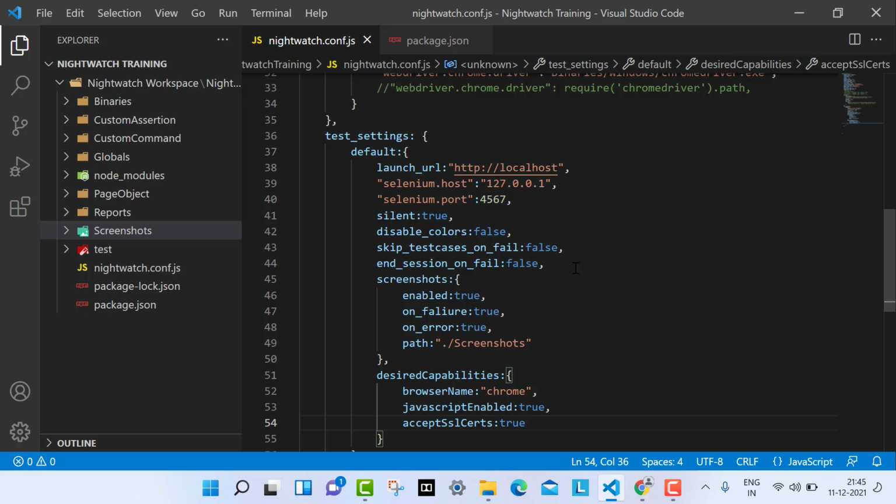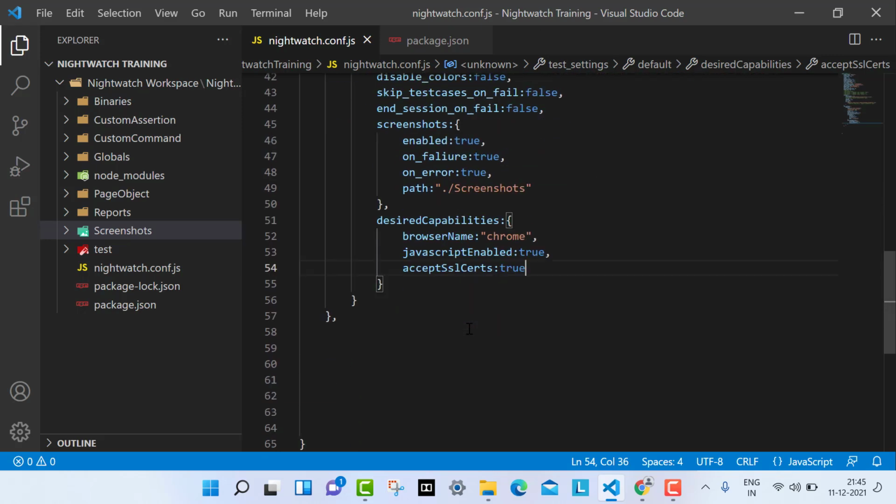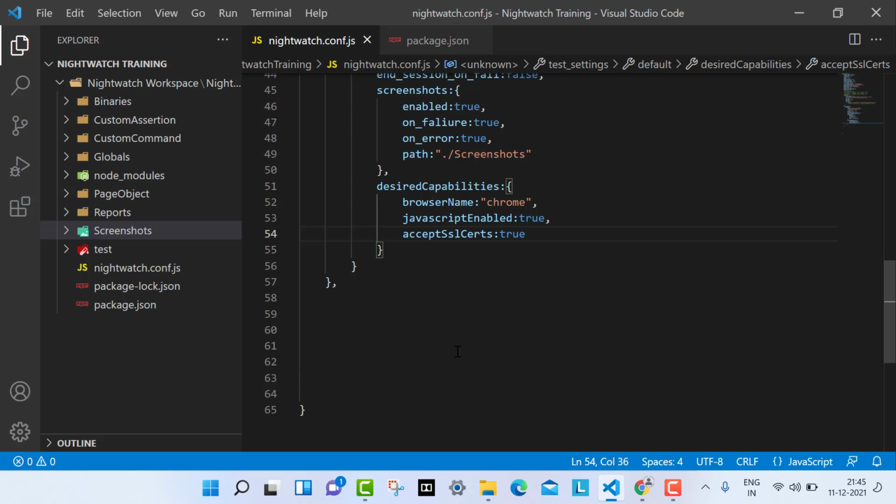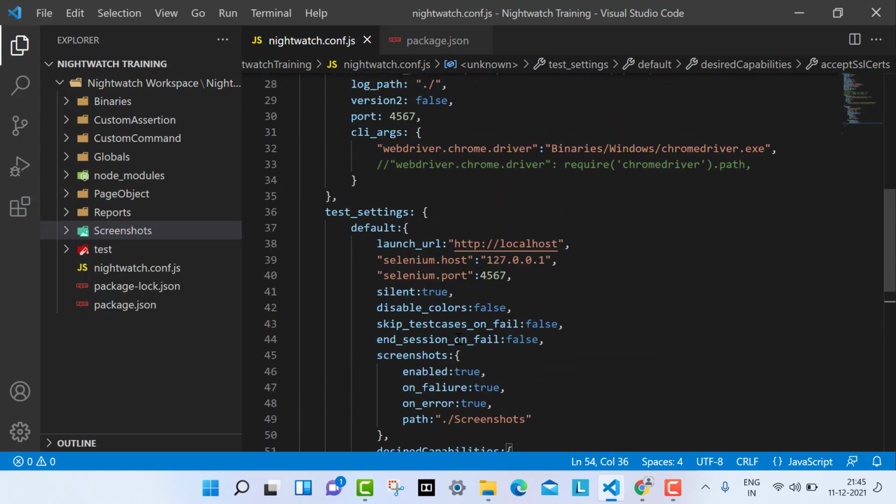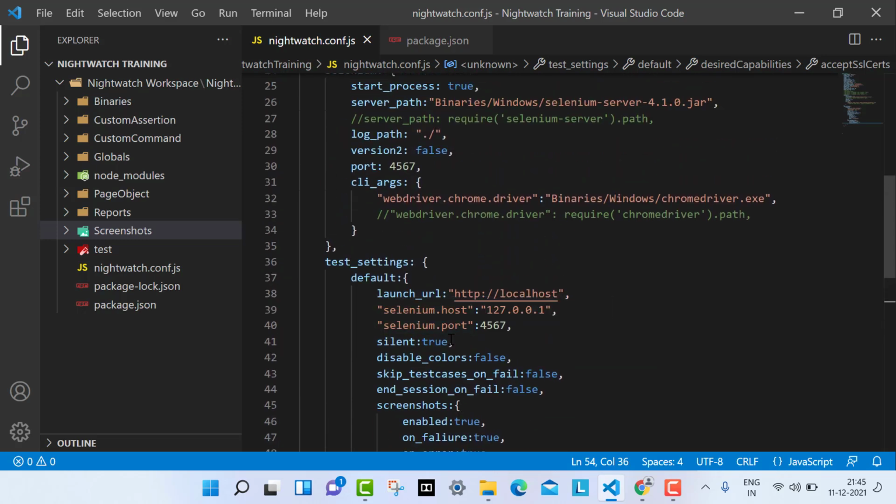Okay, guys, so these are the default configuration I have made. What it means is that suppose I am running the test and I am not providing any specific environment. What will happen? By default, it will take whatever I have set here and it will execute our test.